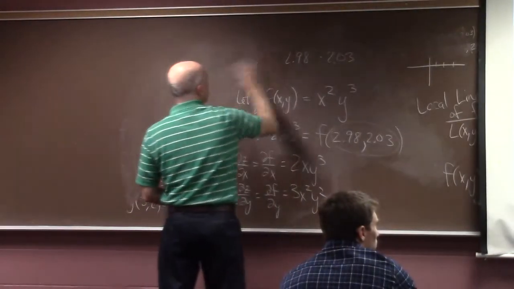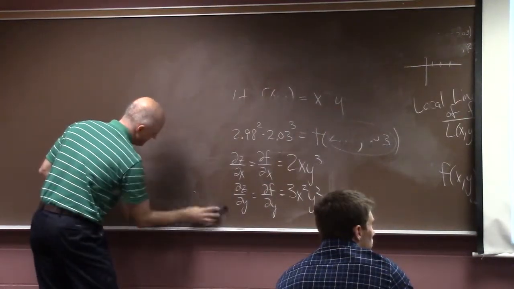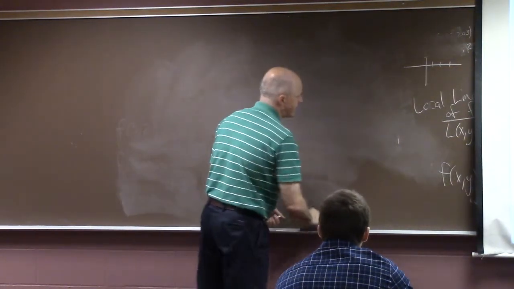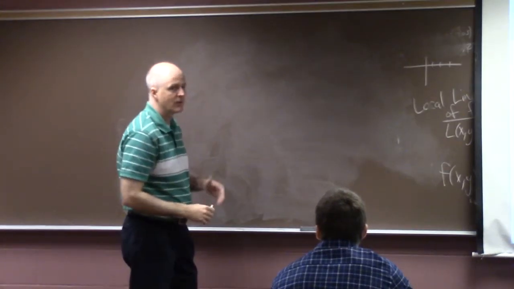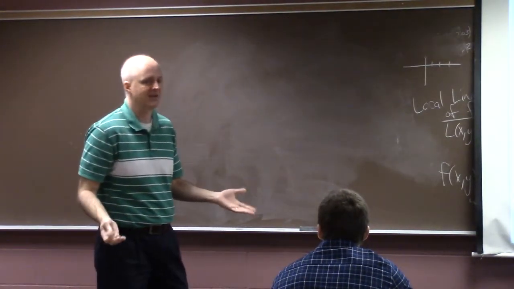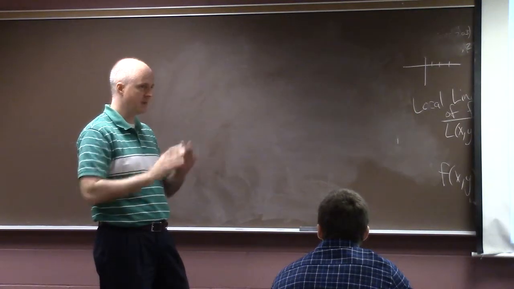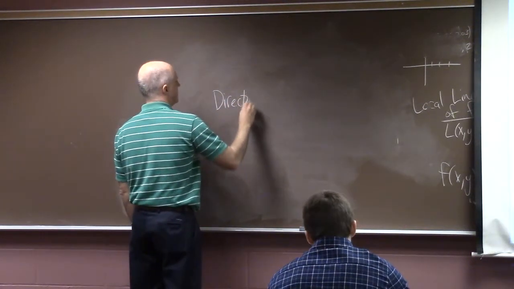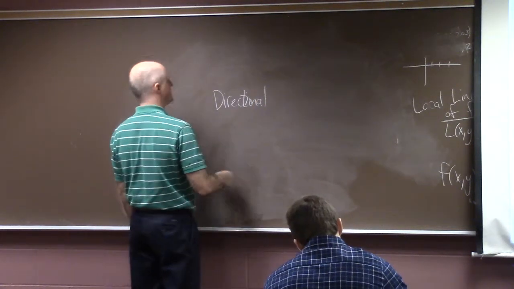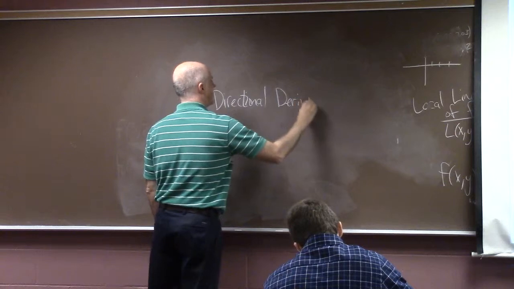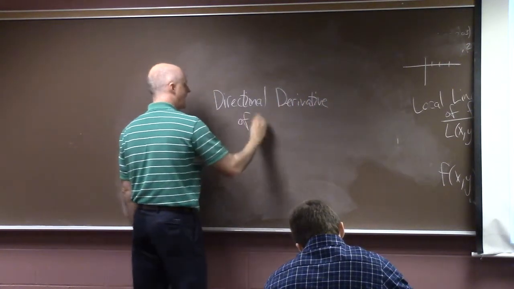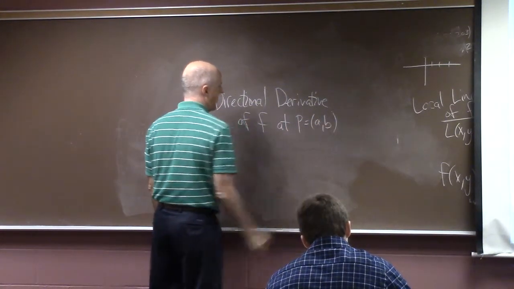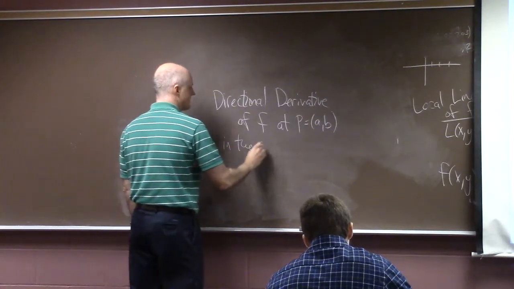Lots of things. You can use the gradient vector to find something called a directional derivative, which technically speaking, as always in calculus, has a definition based on limits. But I think, at least for the purposes of today's class, I'm going to avoid talking about limits. Let's write it down in words first. The directional derivative of f at a certain point P,